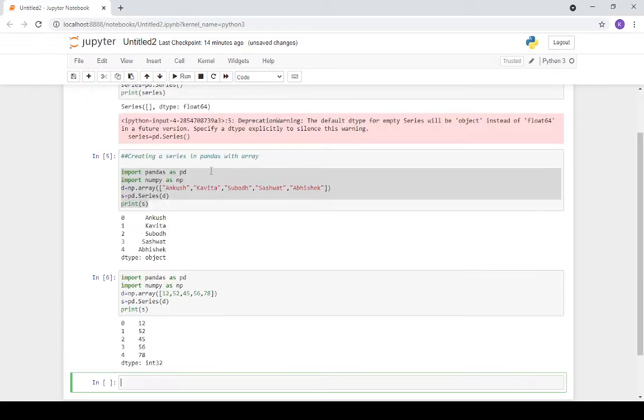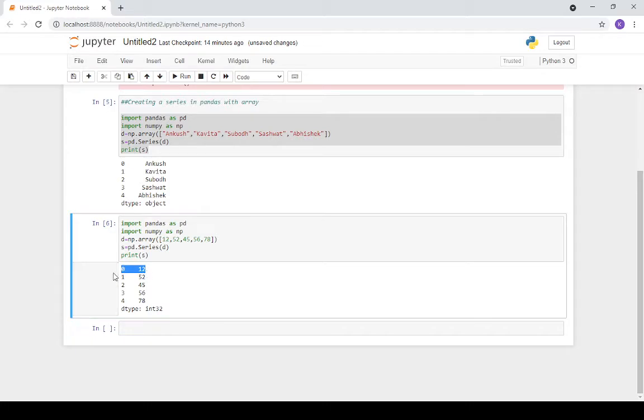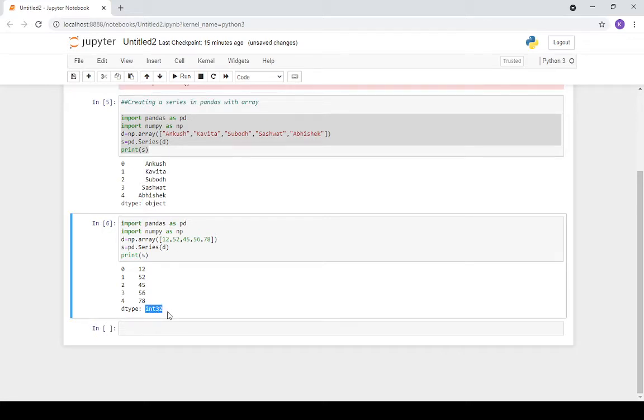Once you run it, you can see it changes into index and values. This is the index, like 0th row, 1st row, 2nd row, 3rd row, 4th row. And the data type should be object here, because we are using some objects, and the data type integer here, because we are using numeric integers. Clear?